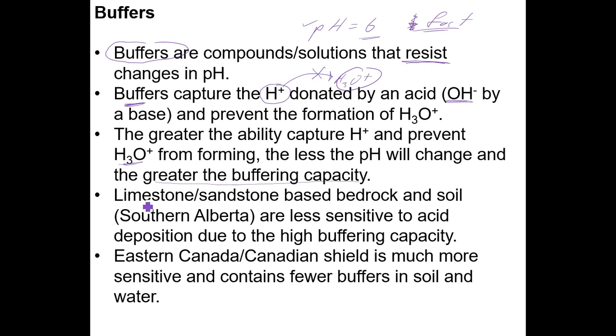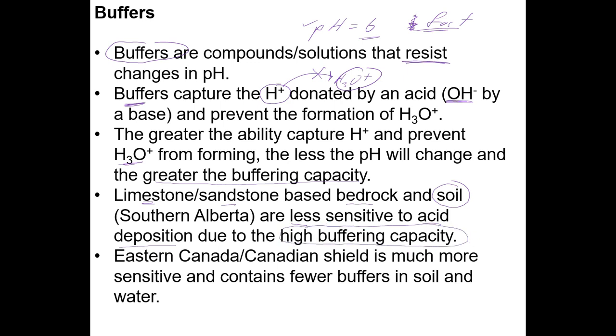So limestone and sandstone, which is what we do have in the sedimentary rock that makes up the bedrock in southern Alberta, and the soil coming from that bedrock as well is going to be derived from the underlying bedrock, the limestone and the sandstone. So they are less sensitive to acid deposition, and the reason for this is they do have a very high buffering capacity